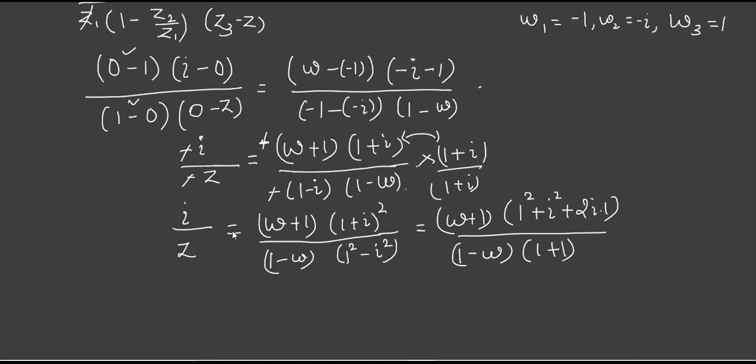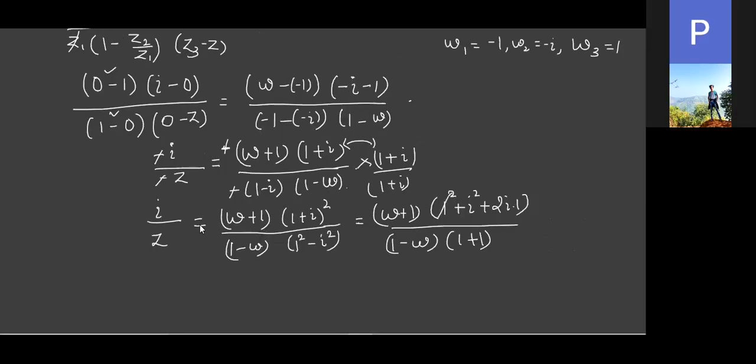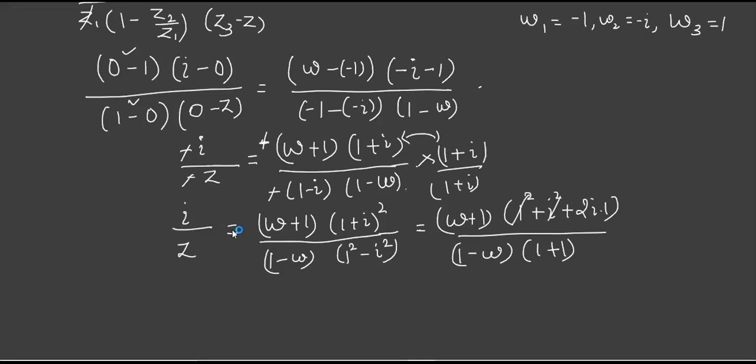Okay, I'll tell you some simplification here. See, i square is minus 1. So in this numerator, i square will be minus 1 and we have a plus 1. What happens to these two? They will cancel, right? We can write this as 0. Now this is 1 plus 1, 2, right? This 2 can be cancelled with this 2.